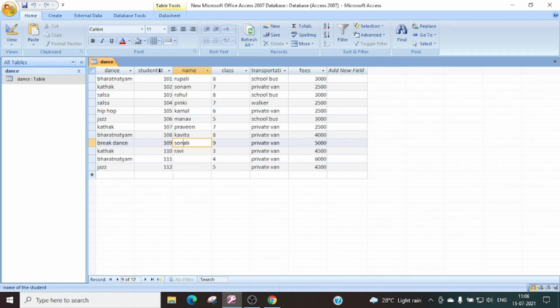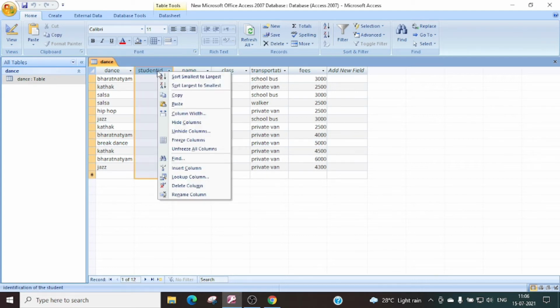Why? Because it will uniquely identify every record in the database. For example, in a bank also you see that the bank doesn't recognize you by your name. It recognizes you by your account number. That is a unique key. So in every database you have one primary key, and that uniquely identifies every record.